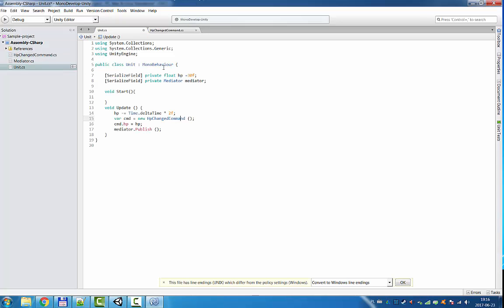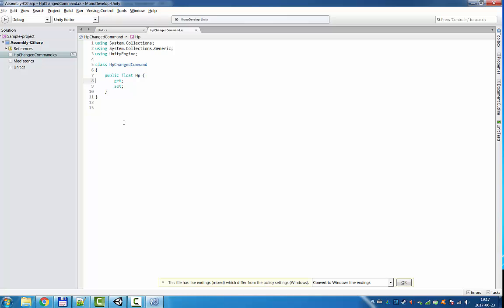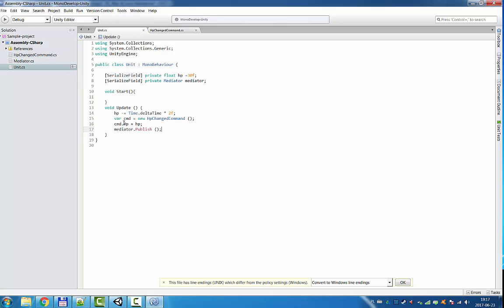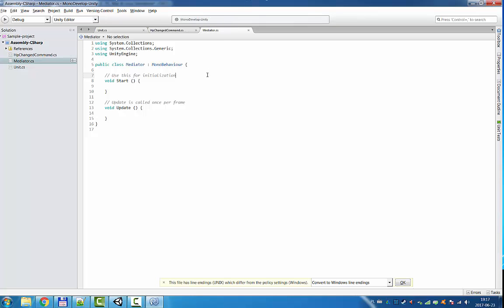And I can create, or maybe from uppercase, I can create some property. So we've got our command, which will be the communicator between our command, our gameplay object and our GUI. So we don't have this mediator yet, but we're gonna implement it. So I'll just comment it out for the time, and in our mediator script we're gonna